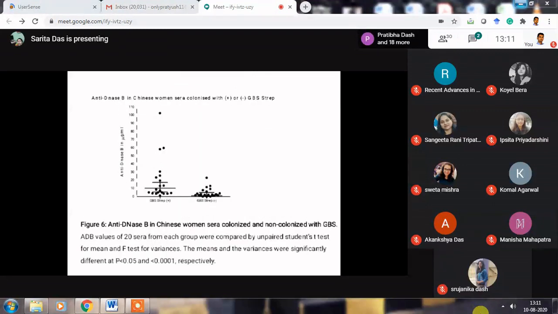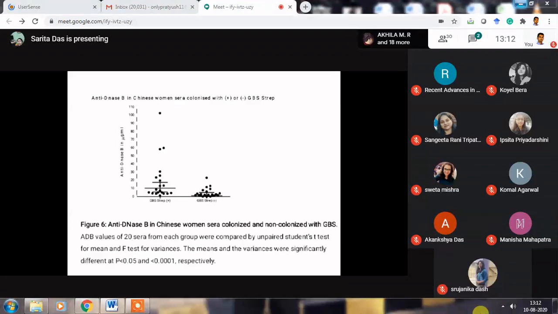Next, the group B colonized women. Serum from Chinese women who were colonized with group B strep, and normal non-colonized women. Their antibodies were also estimated, and the first one shows the antibody level in the group B colonized women. So we concluded from the PCR amplification assay that this DNase B gene is completely absent in all the other groups